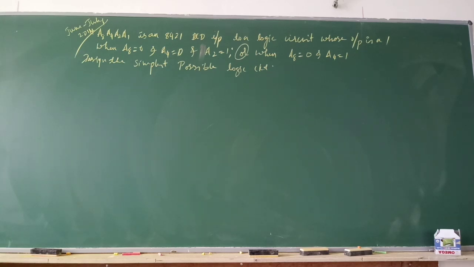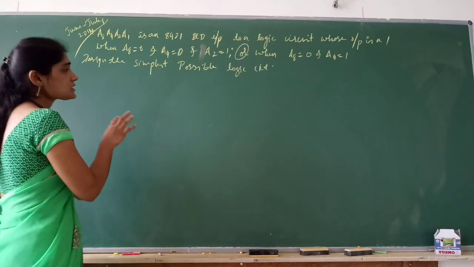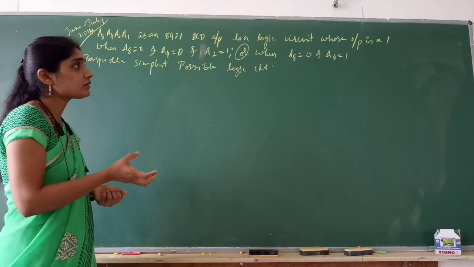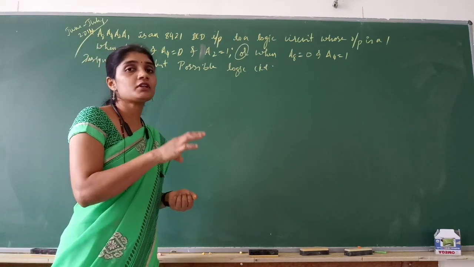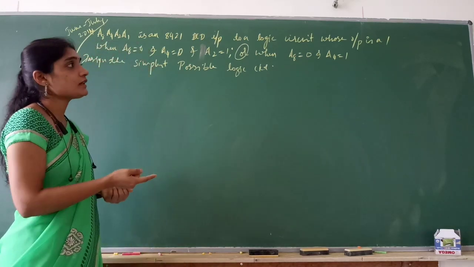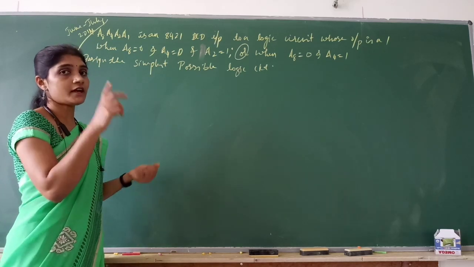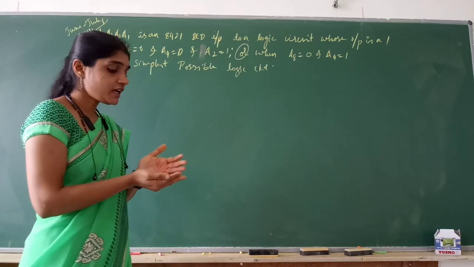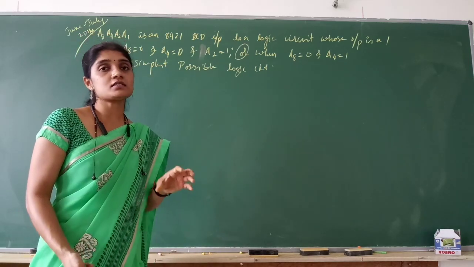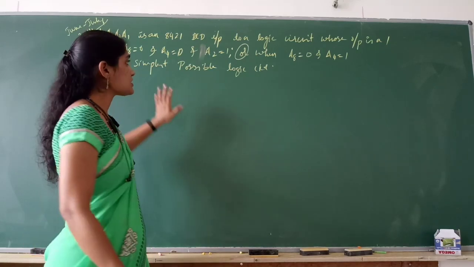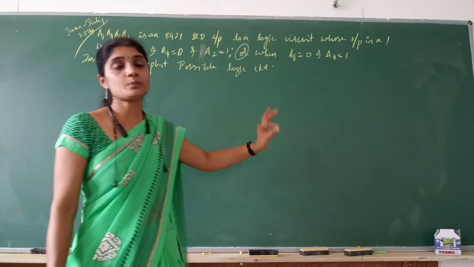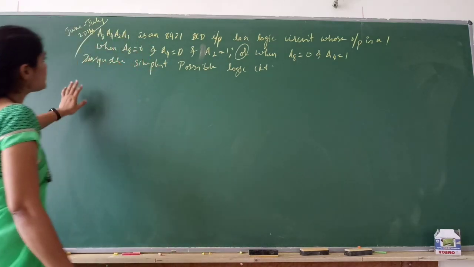So the next problem, this is a June-July 2014 question paper problem. Like this problem you can expect in your exam. The problem may be different, the logic may be different, but you should end up with a circuit. You need to understand the problem statement, the logic of it, write the truth table, simplify it using K-map, write the logic diagram. So we had designed the sequence to design a digital circuit in the very first class. So this is a problem wherein we will end up with the simplest possible circuit. So all of you read the question once.